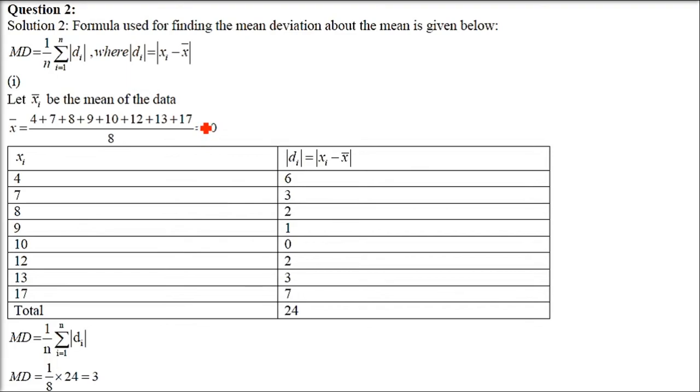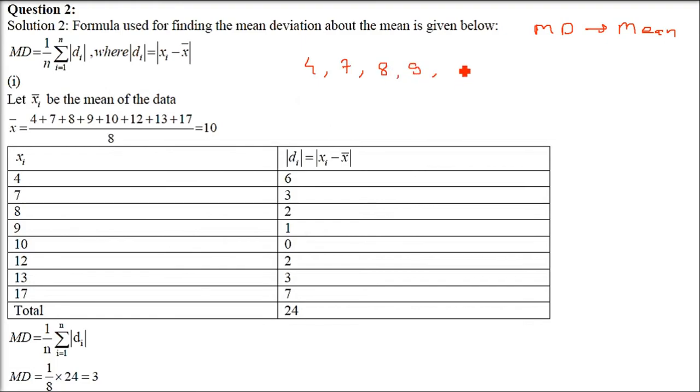Now question 2. Everything you have to do the same, but now the mean deviation has to be computed around the mean. The previous question was around the median. Here it is the mean. So what do you have to do for the mean? These are the numbers given in the first part. You take all the numbers. For example, let me write this number. The solution is in front of you, but still, for completion, let me write it.